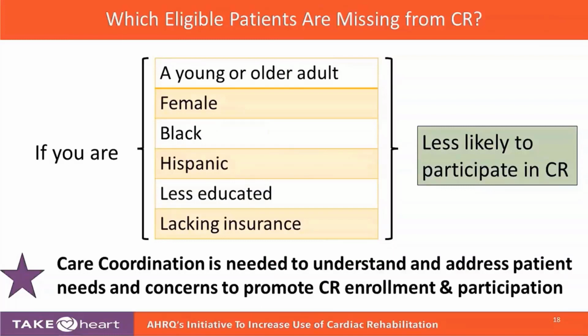They might have white collar jobs or be recently retired. So they have opportunities and they have paid leave or the ability to come in. They have resources like a car, things like that. So these are the people that you are probably seeing most of the time anyways. They get a strong referral in the hospital to come to cardiac rehab and they can make it happen with the resources that they have.